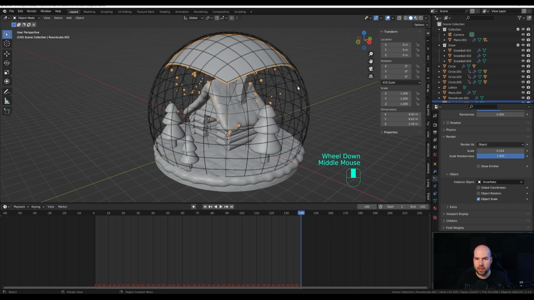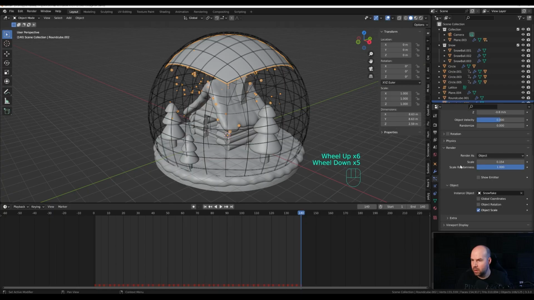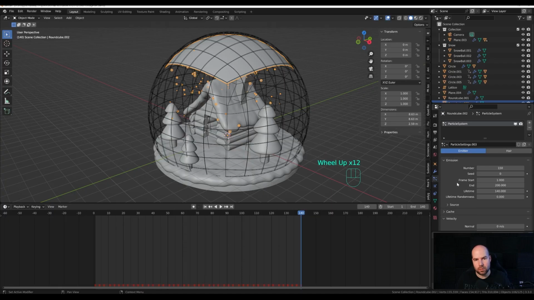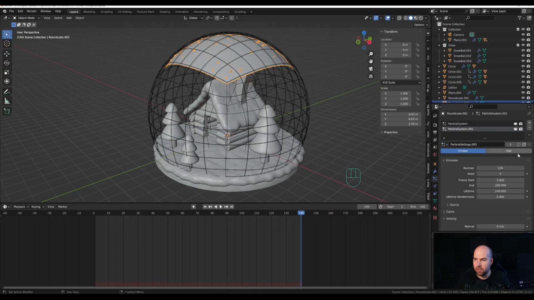So what we can do to loop this is to create another particle emission, the same as before, and then shift it 140 frames before this animation begins. So let's do that right now, and I think we took care of everything right here. Just make sure you have all the settings you want, because then it's a little tedious to adjust 2 particle emissions at once. But I think this is okay, and you can see these are particle settings 003. That's important to note here, because right now we'll create a new particle system and choose that 003 particle settings from here, and then